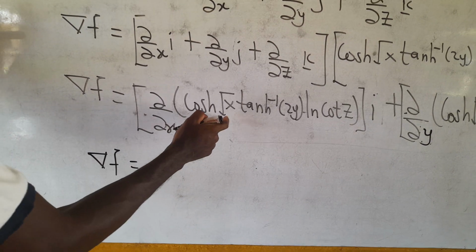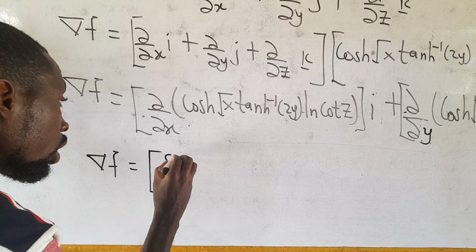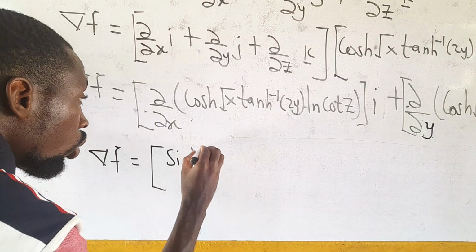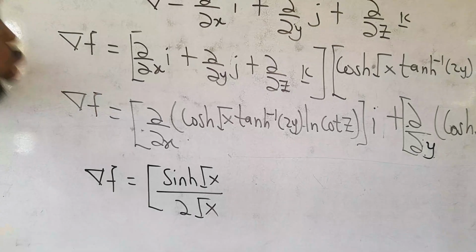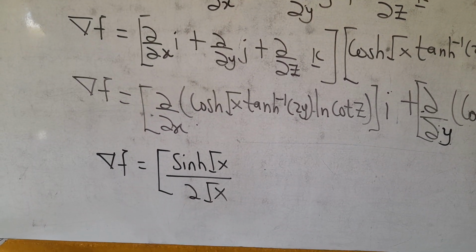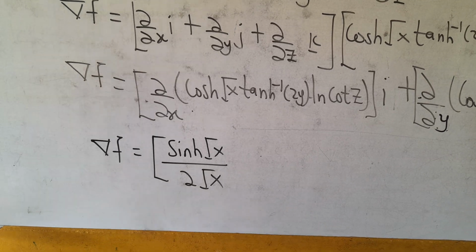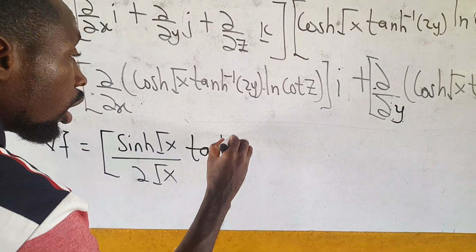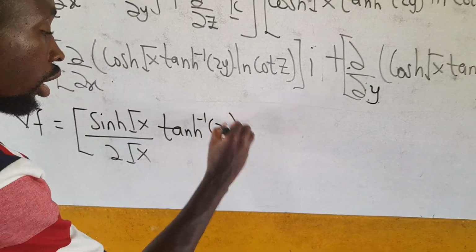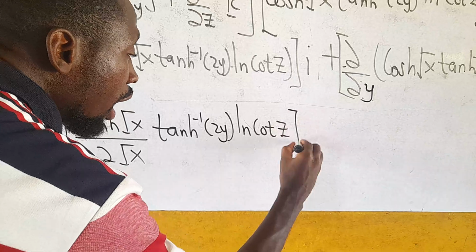The differential of this will be sinh of the square root of x all over 2 root x. Please do check out my video on how to differentiate hyperbolic functions on YouTube. Then we have tan inverse of 2y, then ln cot z, and that is in the